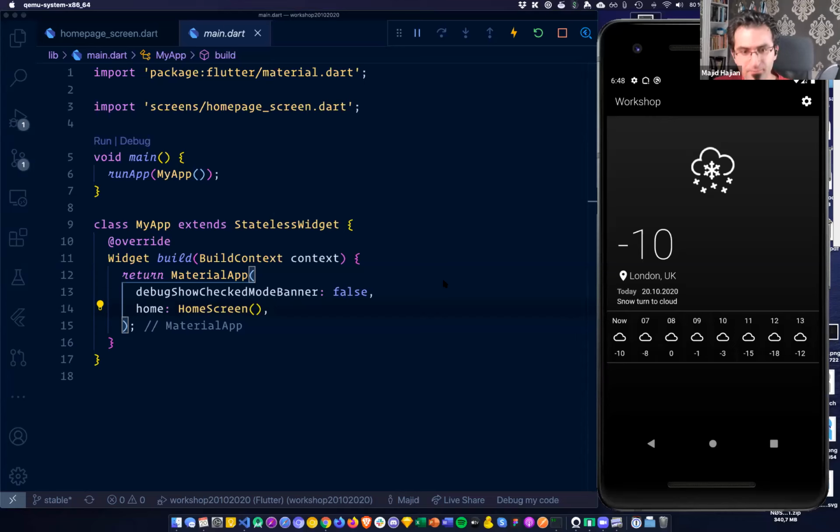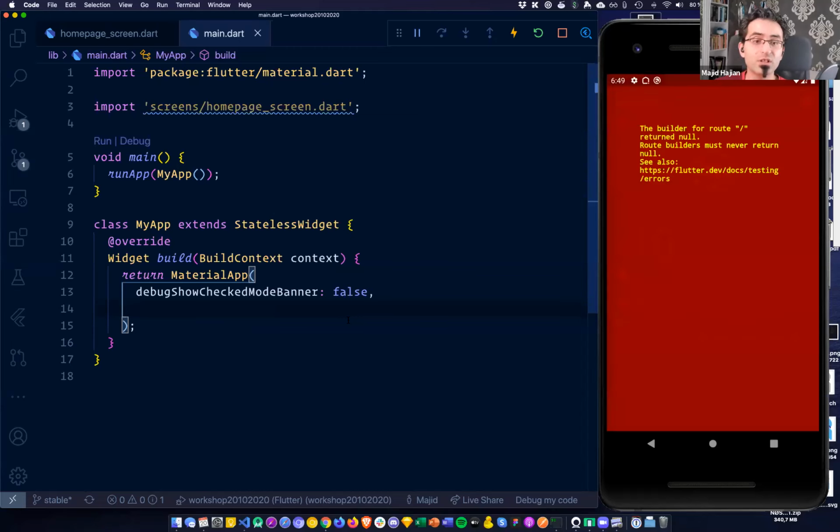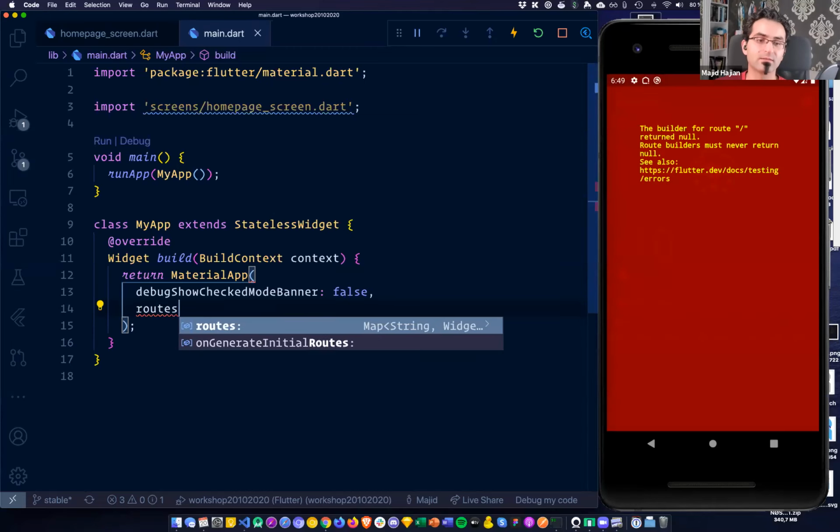Here is where I need routing. And look at me right now, how easy I create routing. Just look at this. Give me 3 minutes, and I create one routing for you, another page. How can you do that? First, you need to remove home. You don't need home anymore. Instead, you need a routes